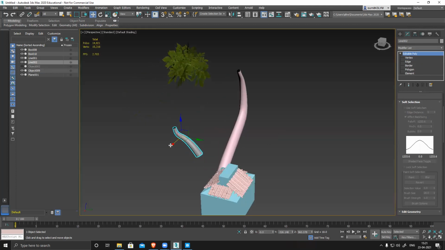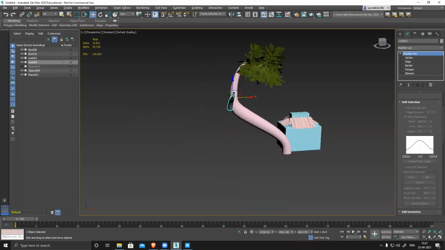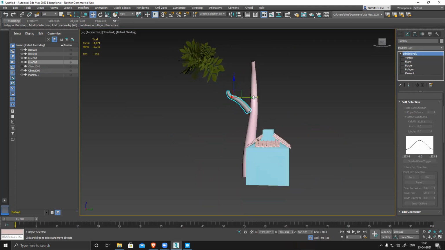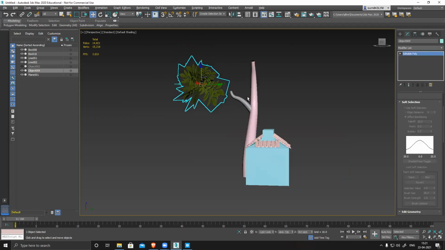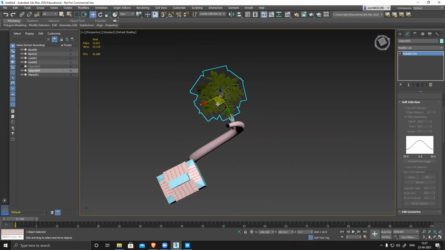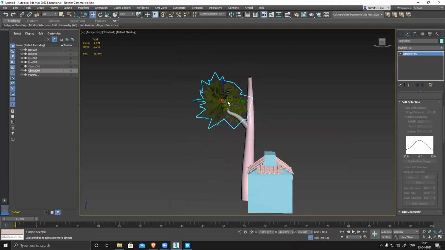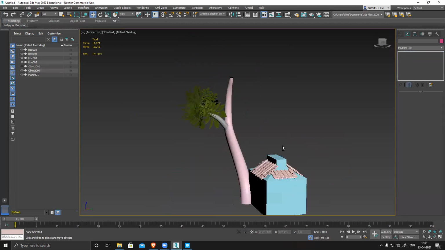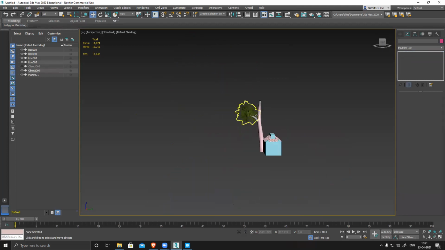So place it wherever you want to place, and then place this one like this. I can just create one bunch, two, three bunches, and then repeat.